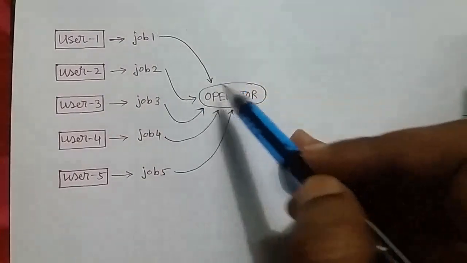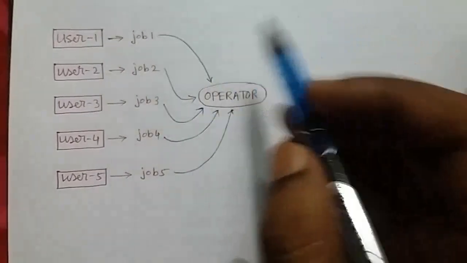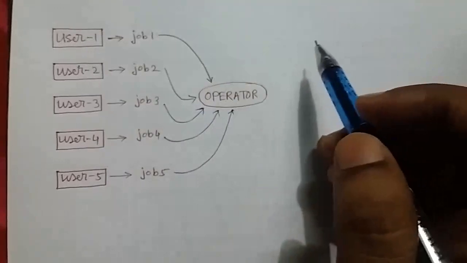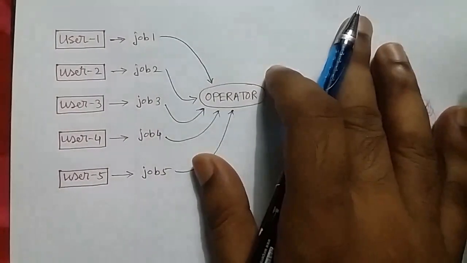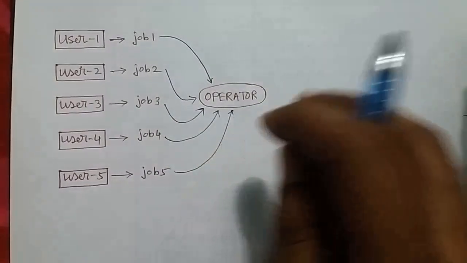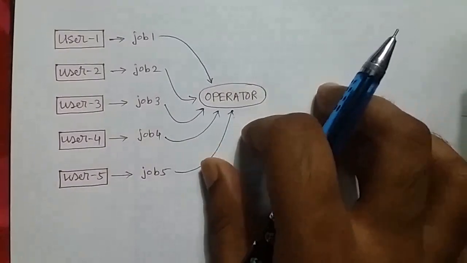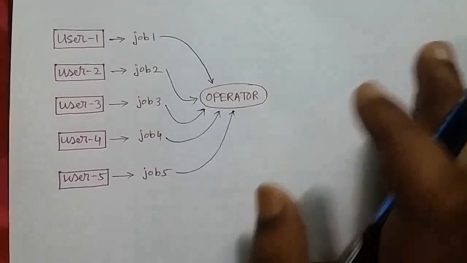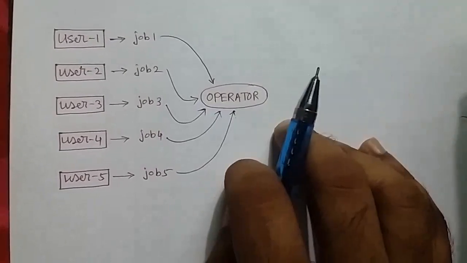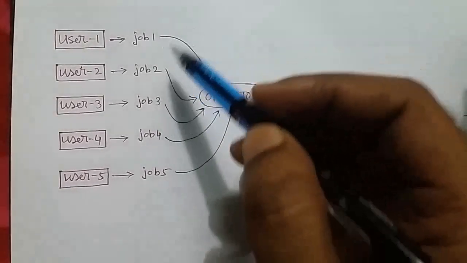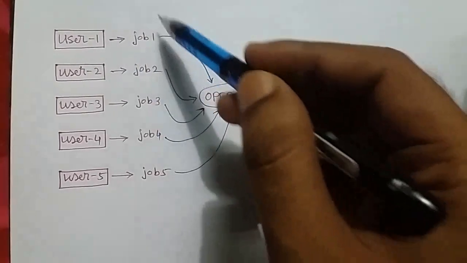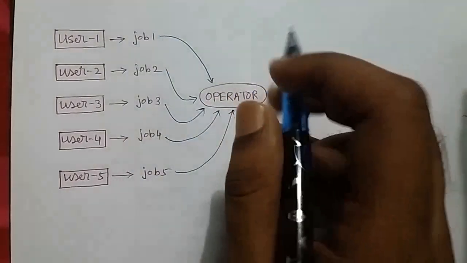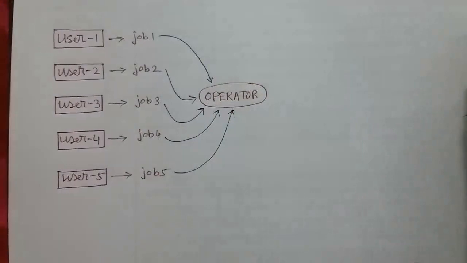So the operator will sort the jobs with identical needs as a deck of punch cards. Now you already know the identical need means the need of the same compiler. But how will the operator understand which jobs need the same compiler? So for this reason,